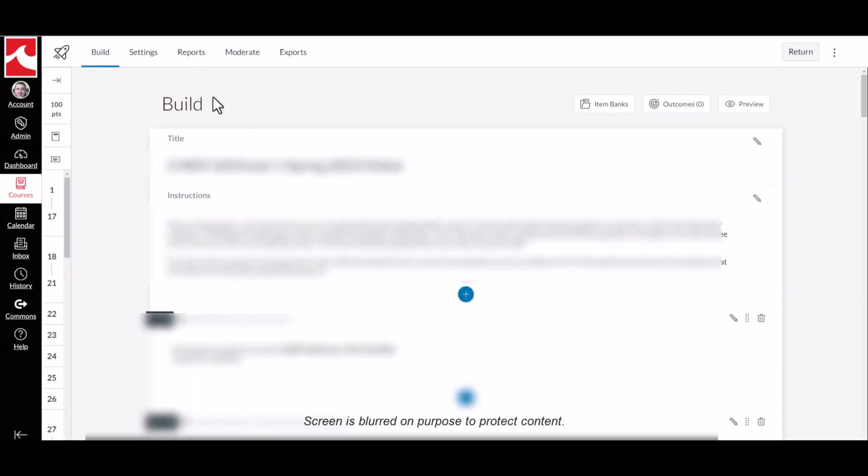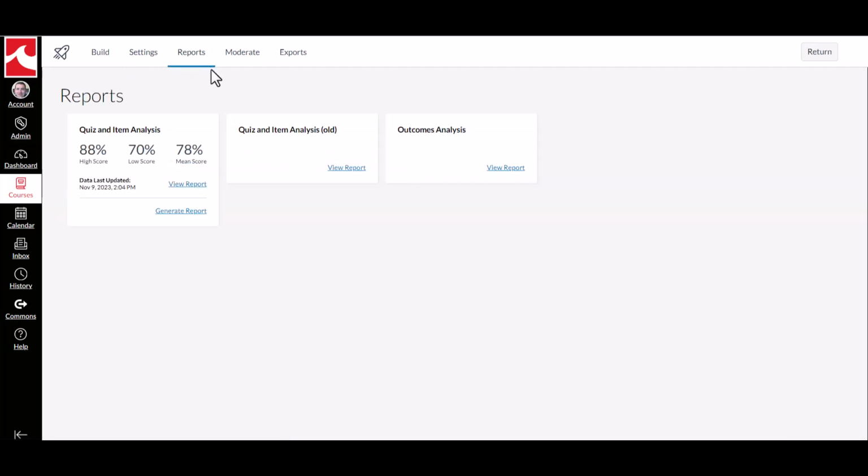So if you go into a test and then you go up at the top, you'll see the reports section. I already clicked generate on this once, but you would click generate report and it'll take a little bit for it to go through and look at all the information in the assessment. And then you'll get a high score, low score, and mean score. But you can also click on view report,